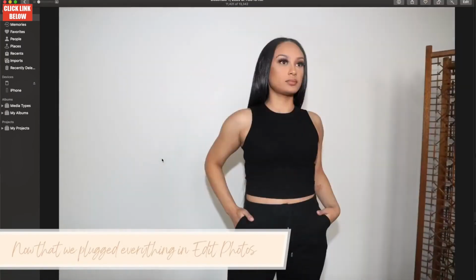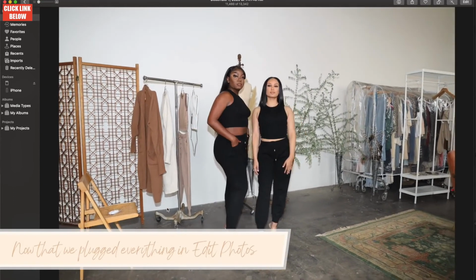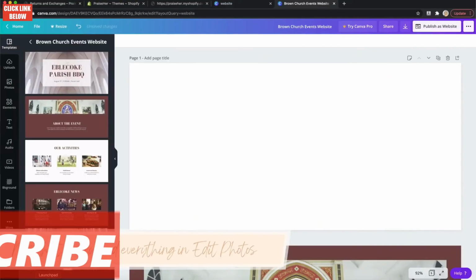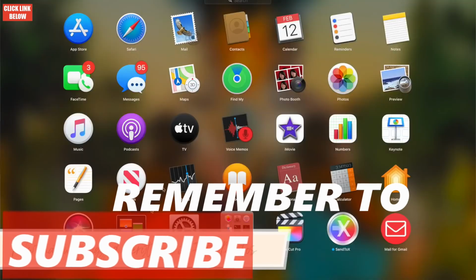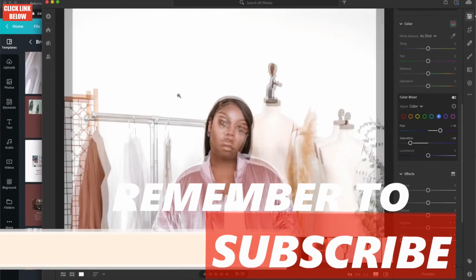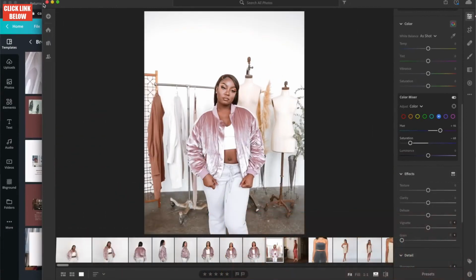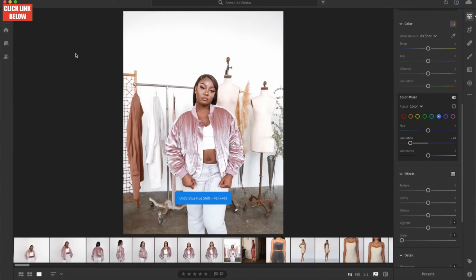You want to go ahead and edit your photos. I personally like to edit all of my photos on the phone just because it's easy, or you can do it in Lightroom. So for example, I'm going to go ahead and open up Lightroom, and here I have the photo that I already wanted to edit. So basically, when I imported this picture,